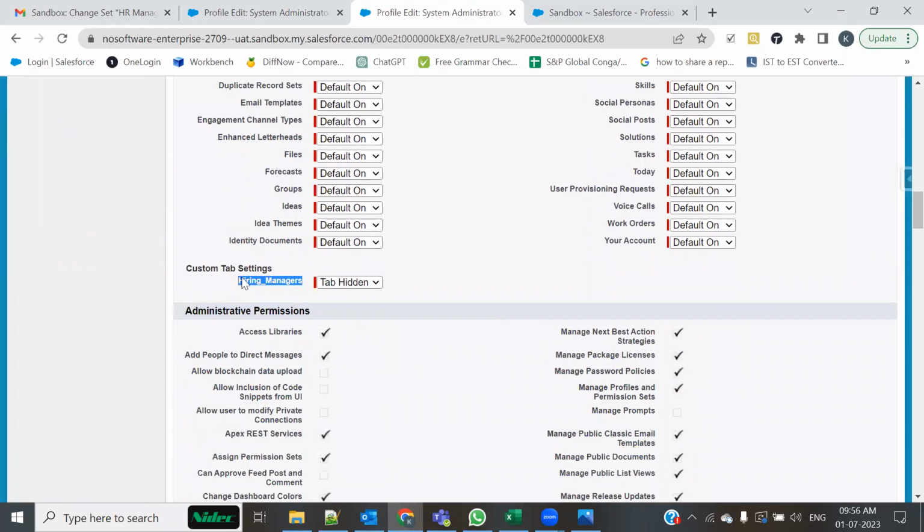ये problem कस्टम टैब सेटिंग्स में Hiring Manager का जो tab है, it is hidden. ठीक है। मुझे सोचने दो कि इसको manually करना पड़ता है या change set से लाते हैं। नहीं, change set से लाते हैं। Yes, I am not sure. Let me research a little onto this. बट जितना अभी समझ में आ रहा है मुझे, because I have not included profile, still वो profile पे दिख रहा है, tab मैंने include किया है। मैं फिर भी इस पे बाद में अच्छे से बताऊंगा।